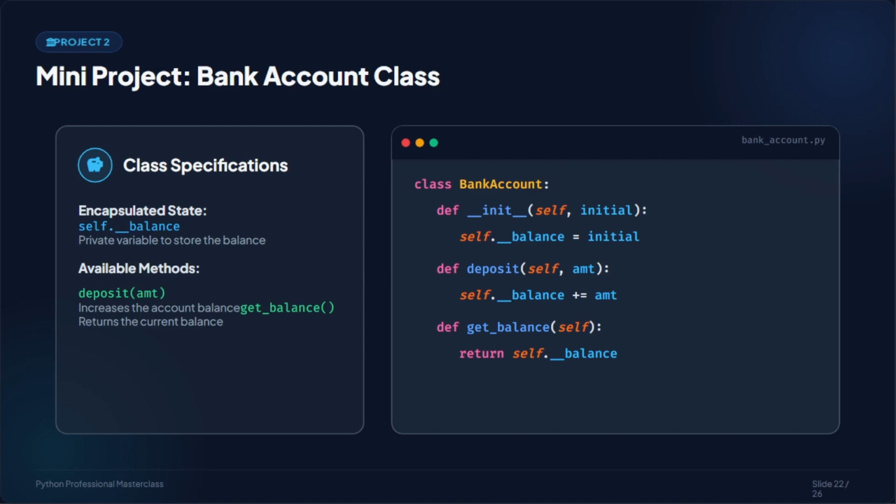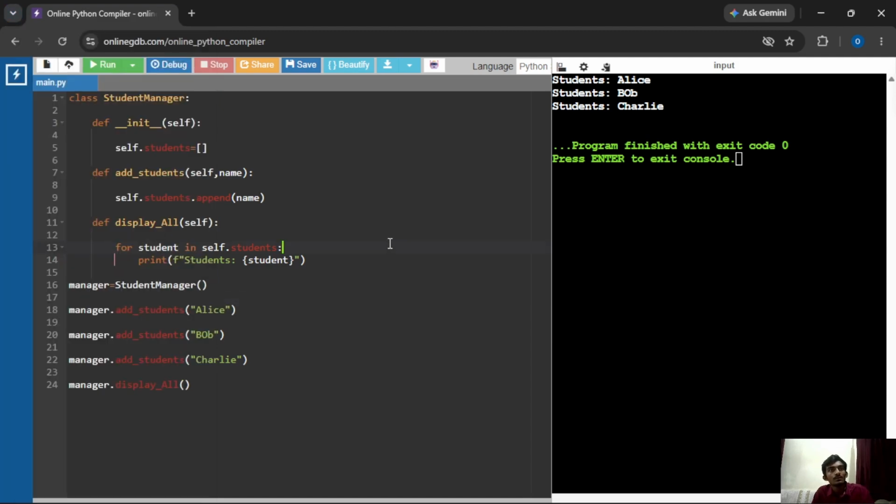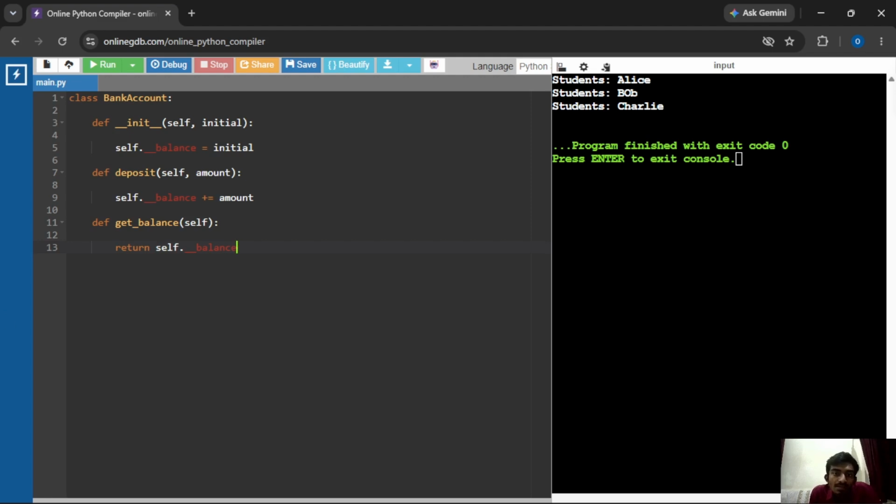The bank account balance. Let's understand this step by step. Let's understand this carefully. Inside the constructor, we store the balance. And notice the balance uses an underscore, which means a private variable. Users will never be able to modify it directly. Instead, you can use the deposit method to increase the balance, and the get balance method to safely access the